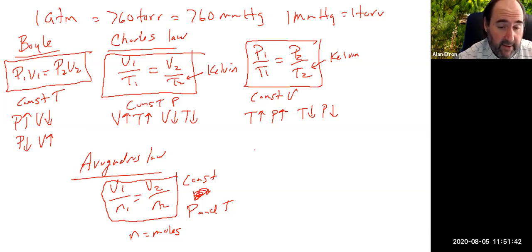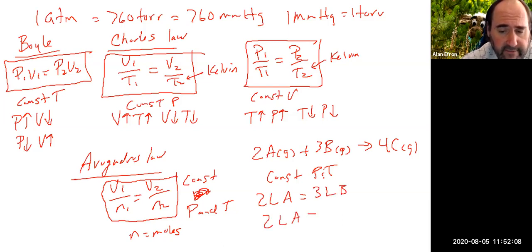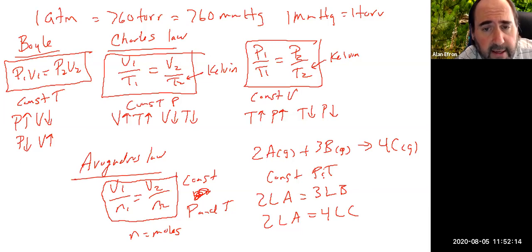So if you had 2A plus 3B goes to 4C, and they're all gases at constant pressure and temperature, instead of a mole to mole relationship there, you could do a volume to volume relationship and say 2 liters of A equals 3 liters of B. 2 liters of A gives us 4 liters of C. So a practical application there of Avogadro's law is that you can do a mole to mole relationship without having to necessarily use the ideal gas law or anything like that to solve this